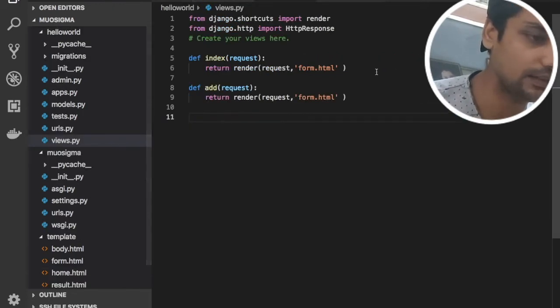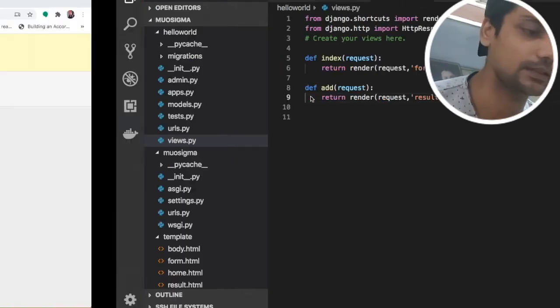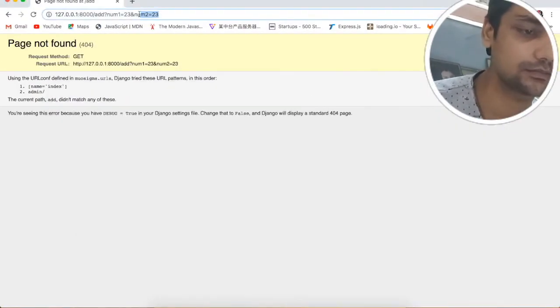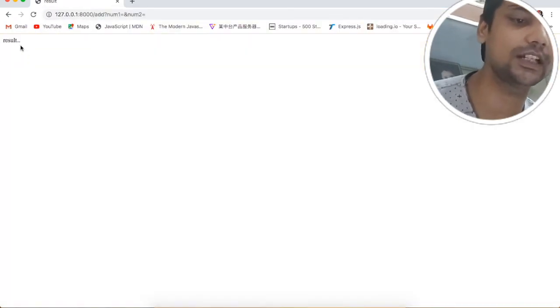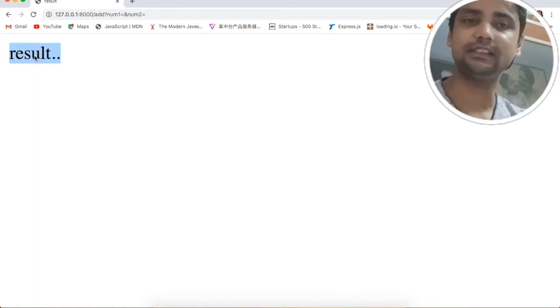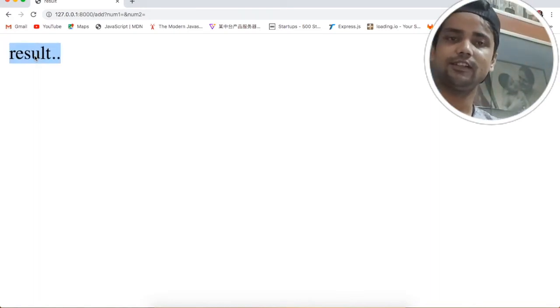And under this view.py file, you can see we should navigate to result.html. Let me refresh this page. Once you click on this submit button, you can see we got a result, right? But this is not our actual result. We need to find out the actual result.